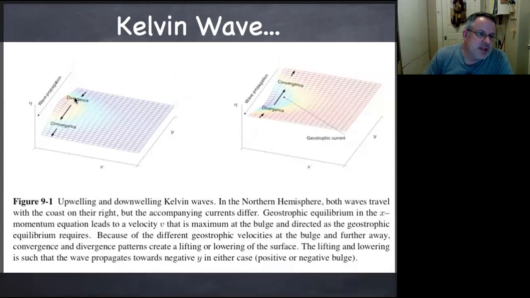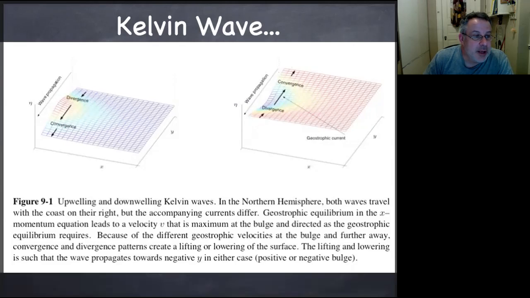In the center of the phase feed, there is a divergence to one side, and there's a convergence on the other side. And so you're piling up fluid at the convergence ahead of the flow, and you're diverging and pulling away fluid, sinking back that sea surface height anomaly behind it on the other side. In the opposite sense, when you have a sea surface low, you get the reversal of the convergence and divergence, but you're still propagating the wave in the same direction.